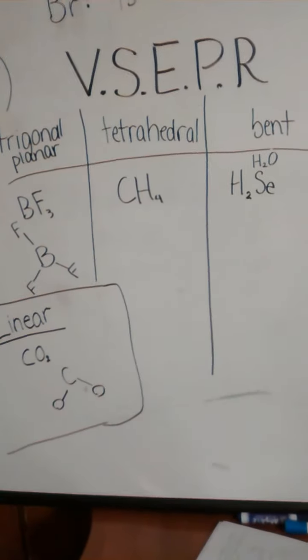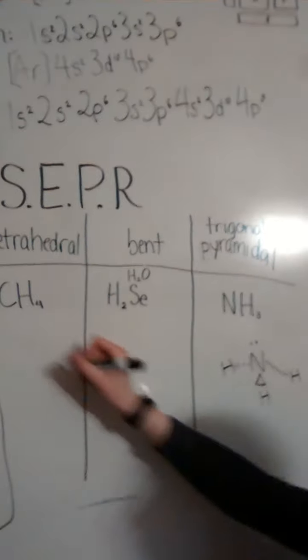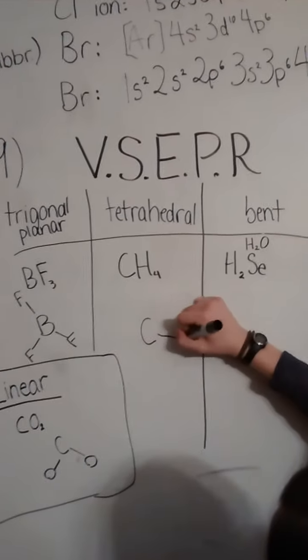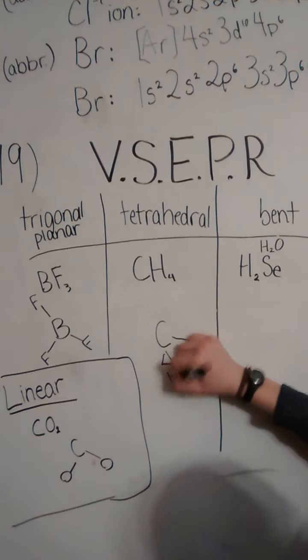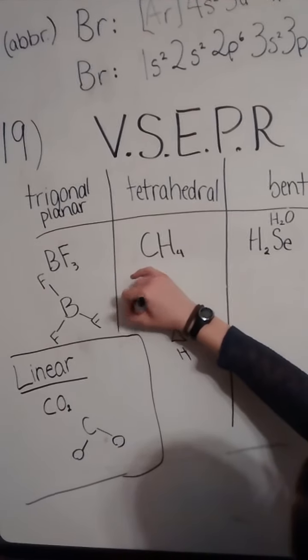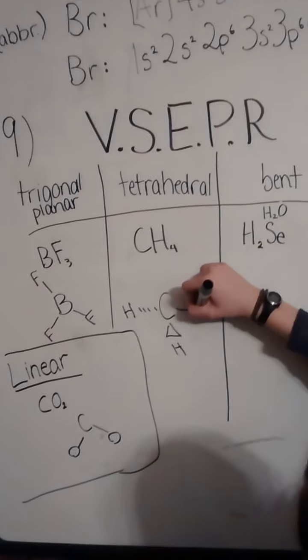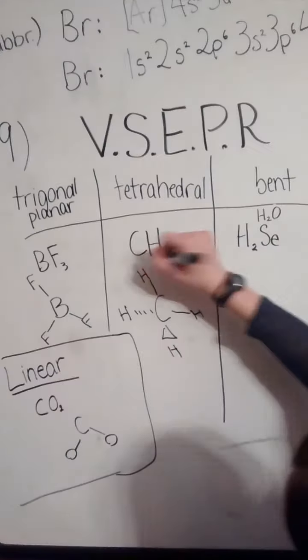And then let's do tetrahedral. So CH4 is the compound. And this time it's going to have all 4 bonds. Alright. So one's going to be a straight line. One is going to be a triangle. One is going to come out behind. And then one is also still going to be on the